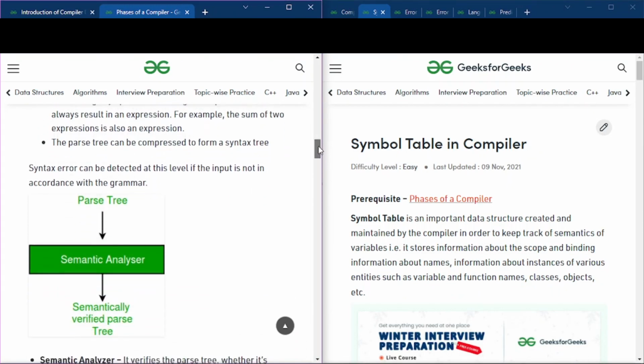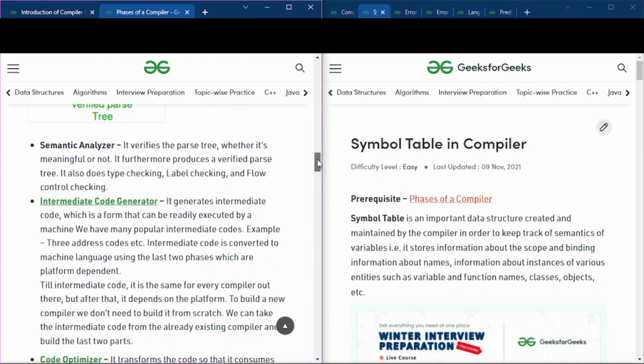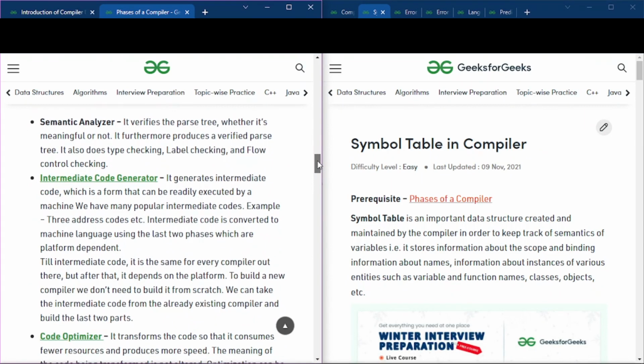And coming to the semantic analyzer phase, not a phase, it is a component of the analysis phase. It verifies the parse tree and checks whether it is meaningful or not, and it also does type checking, label checking, and flow control checking.